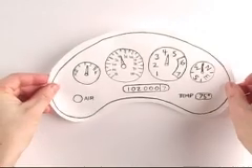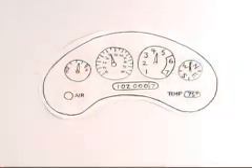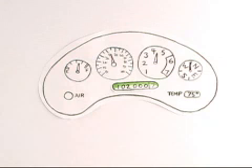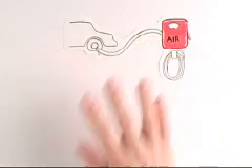Think of the dashboard in your car. It tells you how much fuel you have, how fast you're traveling, and how many miles you've already gone. It might even tell you in which direction you're driving, the temperature outside, or whether or not your tires need air. Now take your dashboard a step further.